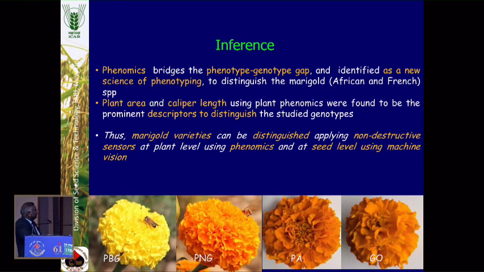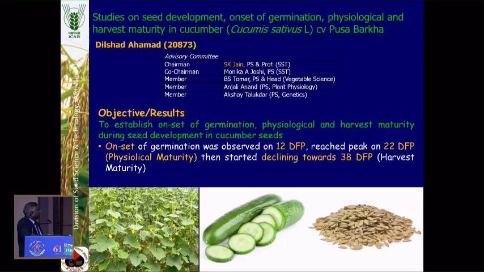Thus, marigold varieties can be distinguished applying the non-destructive sensors at the plant level using phenomics and at seed level using the machine vision under laboratory conditions. Vishal, while working with the seed development and maturation studies in cucumber, he could establish that